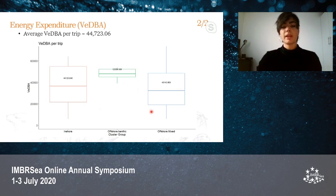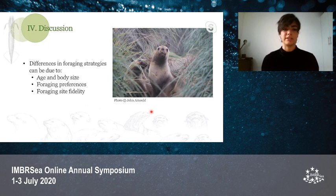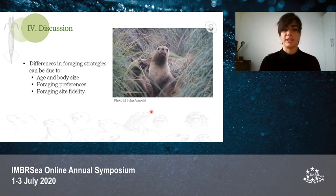So, as a discussion, we have seen the difference in different foraging strategies with different potential prey capture rates, numbers, and energy expenditure. This can be due to age and body size of the animal. Indeed, in pinnipeds, body size influences the diving and swimming abilities of the individuals. So individuals with different body sizes might not be able to forage in the same areas or on the same prey. There are also the foraging preferences